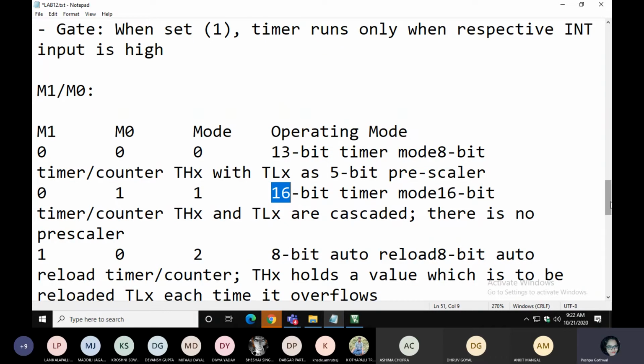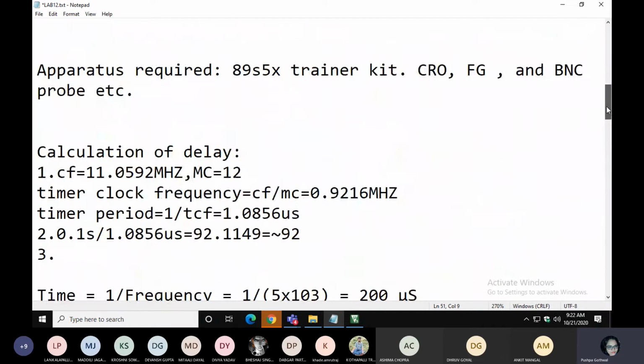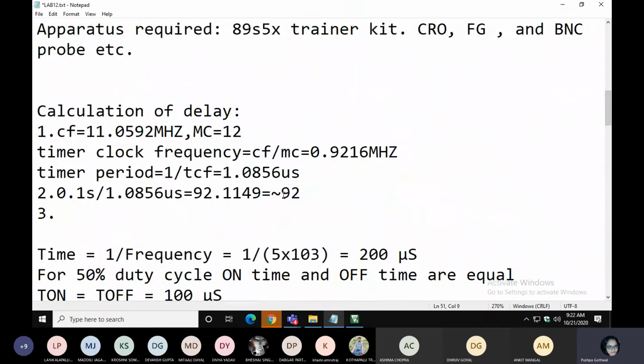Okay, right now you can understand that the value you are getting will fit in the 8-bit timer. So what you will do, you subtract 256 minus 92. Not 92h, it's a decimal value. What answer are you getting? Can you tell me what is the answer? 256 minus 92.